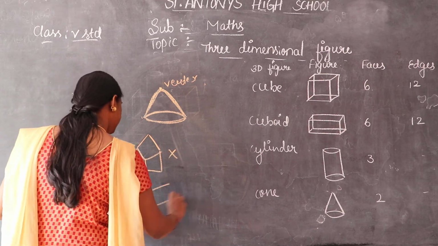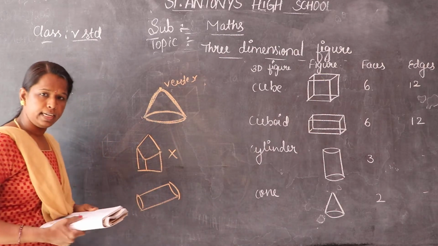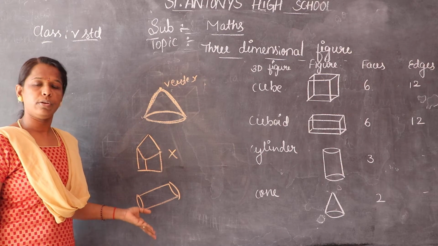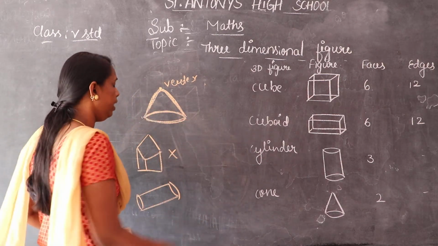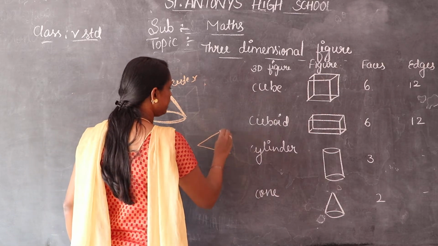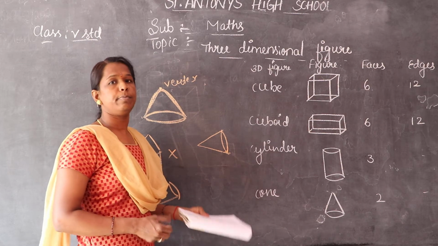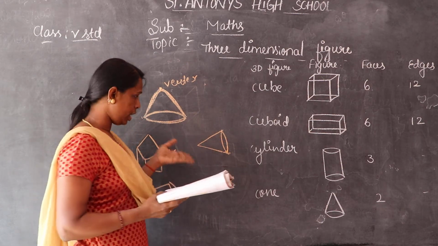So in that one we have to put a cross mark. Cylinder, for example. Yes, this is an example for a cylinder. For a cylinder example, we can give a water pipe. So it is one of the examples for a cylinder. And then cone, a birthday cap. We can give an example of a birthday cap. Birthday cap, triangular base, no? So that's why it has been given as the shape of the cone.